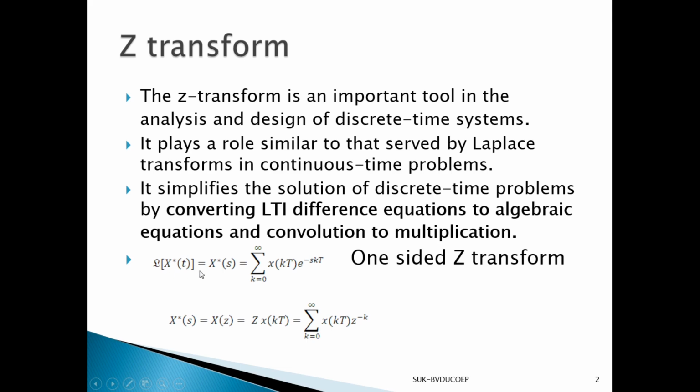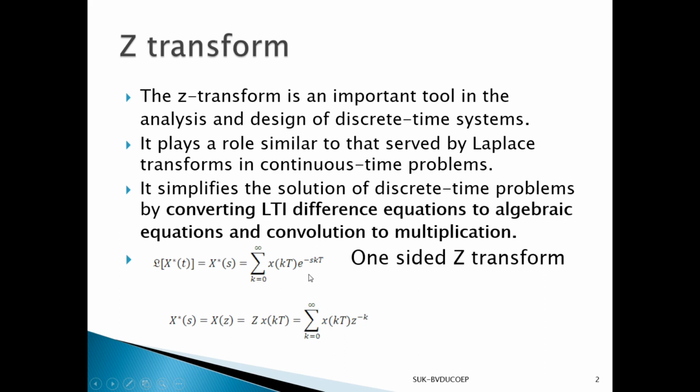And Laplace of pulse sequence is written as X star s, and that is written, by definition, as the summation of x(kT), because at each instant x(kT), x0, x1, x2, x3 like that, times e raised to minus skT. This e raised to minus skT term comes because of the hold point and summation of all the signals. We consider only one-sided Z transform from 0 to infinity, because below 0, t less than 0, we consider as 0. So X star s is also known as a Z transform.